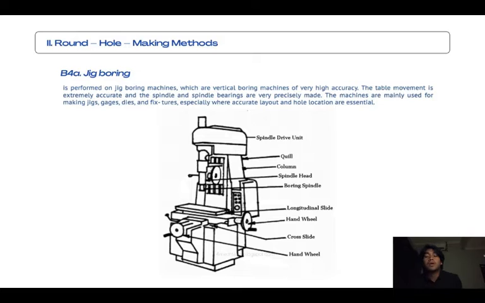So in boring we have two subtopics. The first one is jig boring, which is performed on jig boring machines, which are vertical boring machines of very high accuracy. The table movement is extremely accurate and the spindle bearings are very precisely made. The machines are mainly used for making jigs, gauges, dies, and fixtures, especially where accurate layout and hole location are